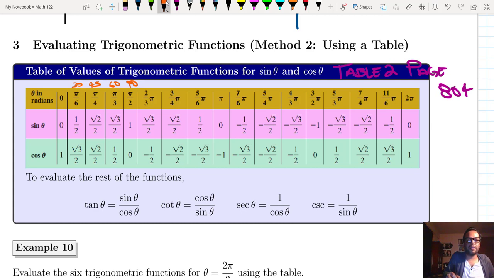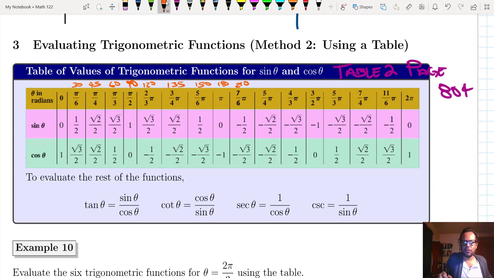I'm going to need to look at the angle. Okay, so this is 120, and then 135, 150, and then 180,